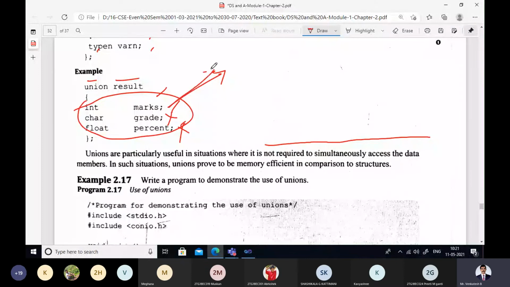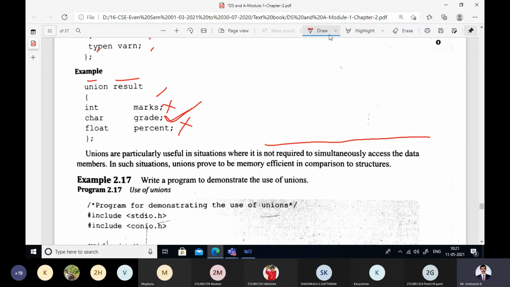Later, if you feel that instead of marks, you want to process only grade, you can enable the grade member and disable marks and percent. That means only one member will be active.